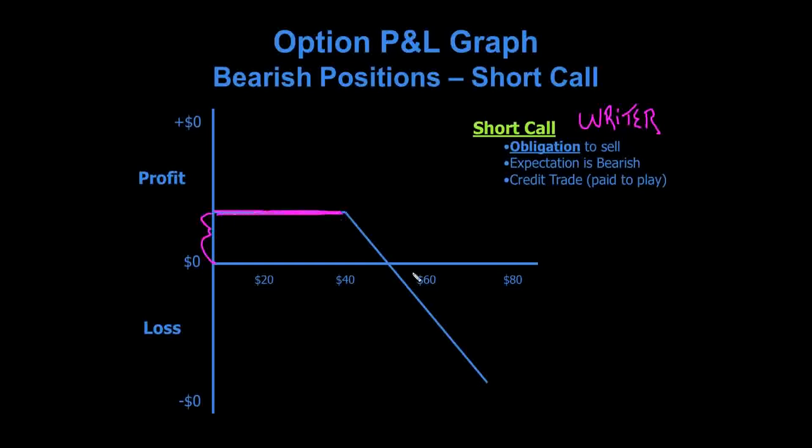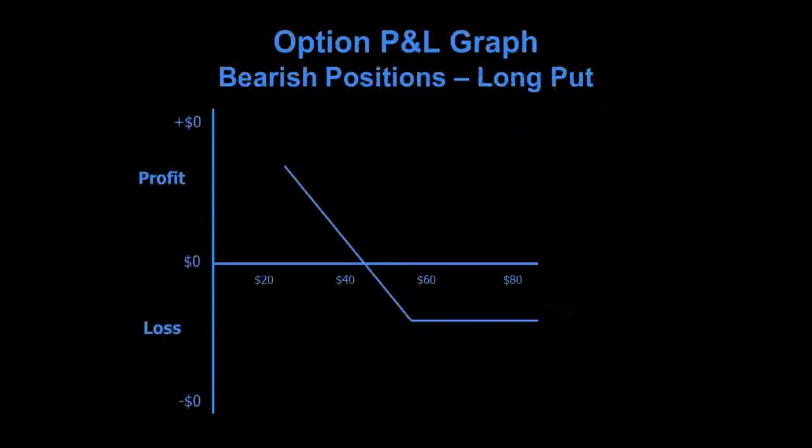I'm flatlined. But then if this thing starts going up, if the stock starts going up in value, I can lose a lot of money here, a lot of money, because stocks can go up to infinity. So there's unlimited losses to the upside here, but there's limited gains. It's a credit trade, so I get paid to play here. My expectation is bearish. Long put,